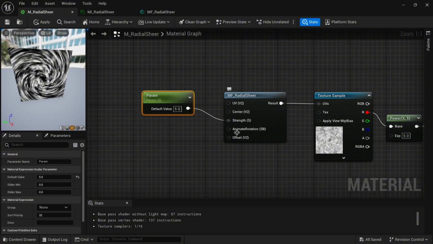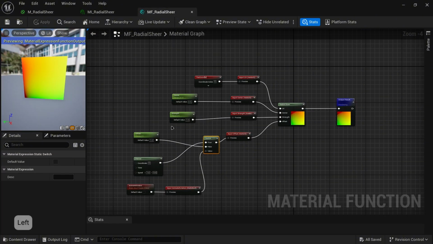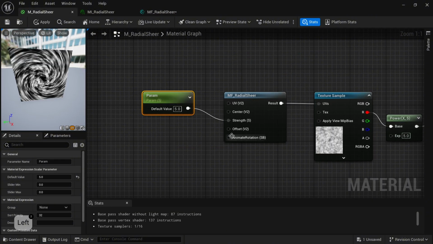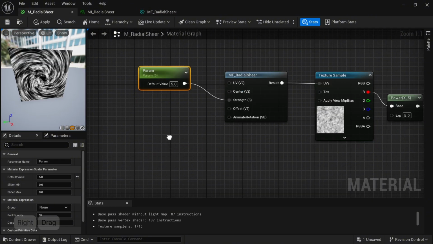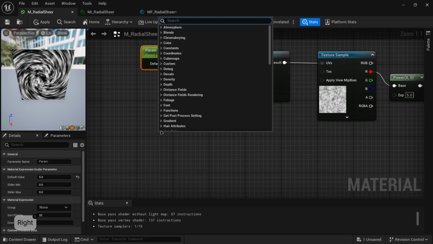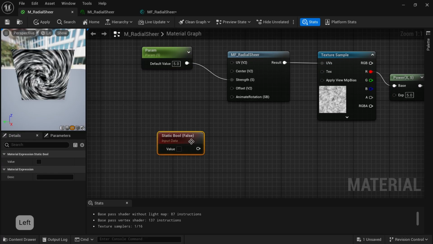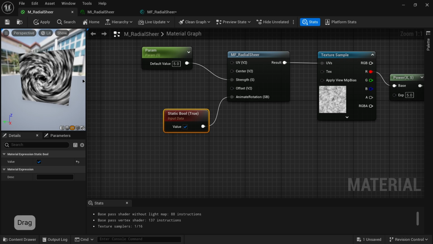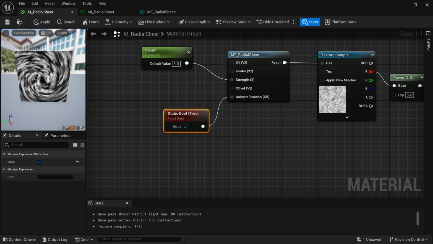We have another input here. We can change its sorting to number 5, apply, and this is what we have. Now, if we add a static bool and plug this into the animate rotation and check this, we can see that it starts rotating. This is a convenient setup for this node. You can use it in